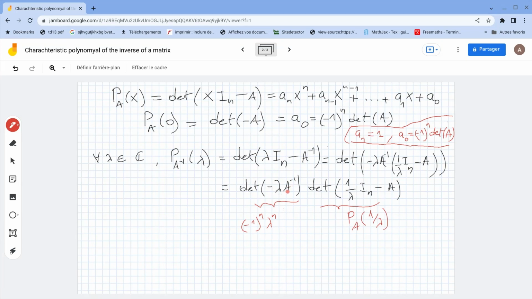The determinant of A inverse is the inverse of the determinant, 1 by the determinant of A. So I obtain